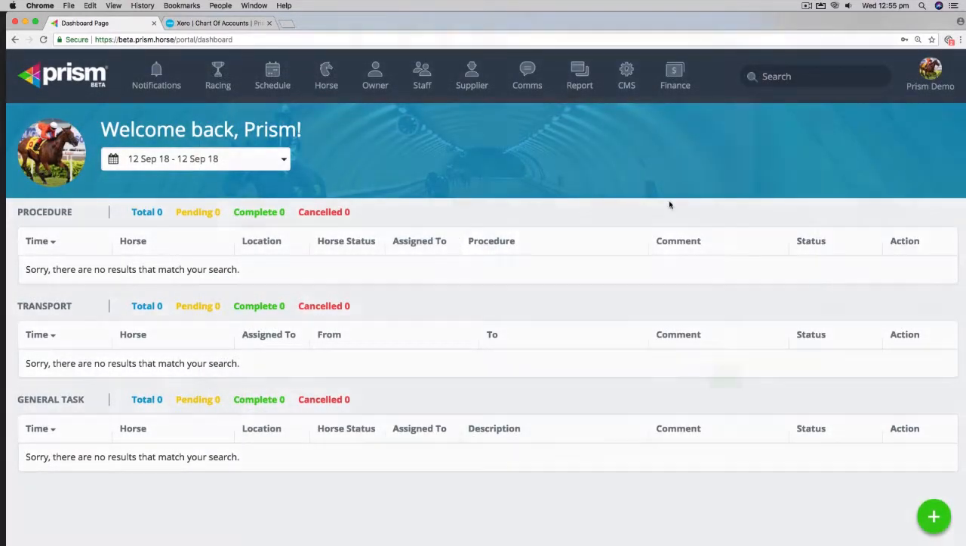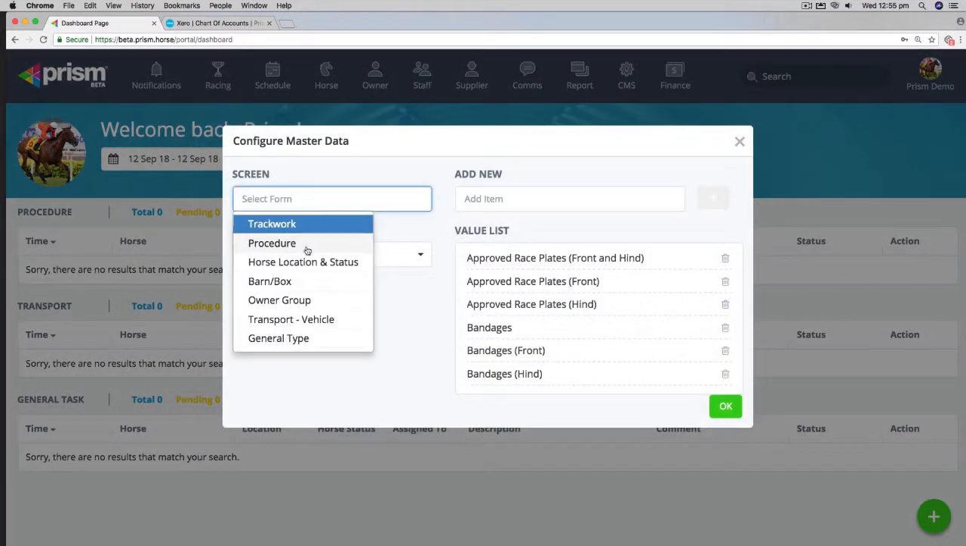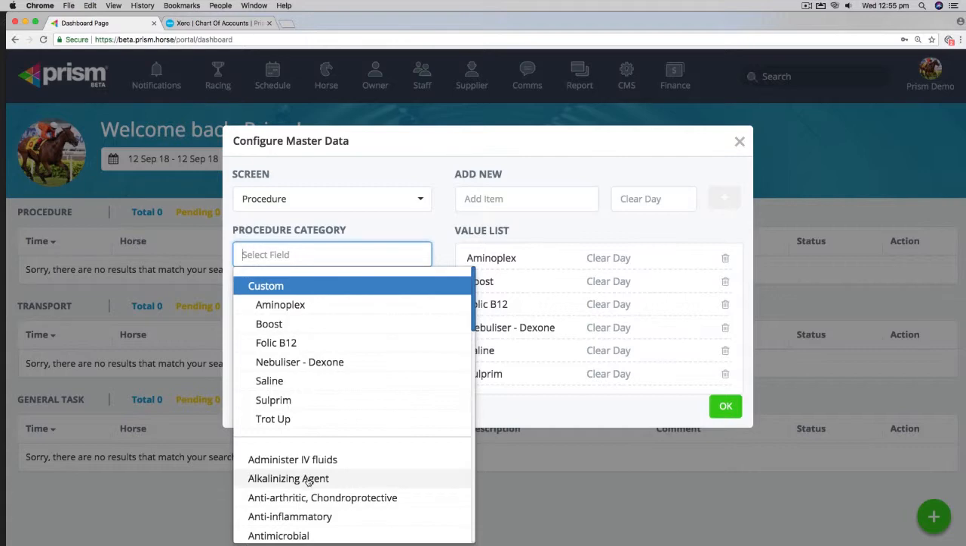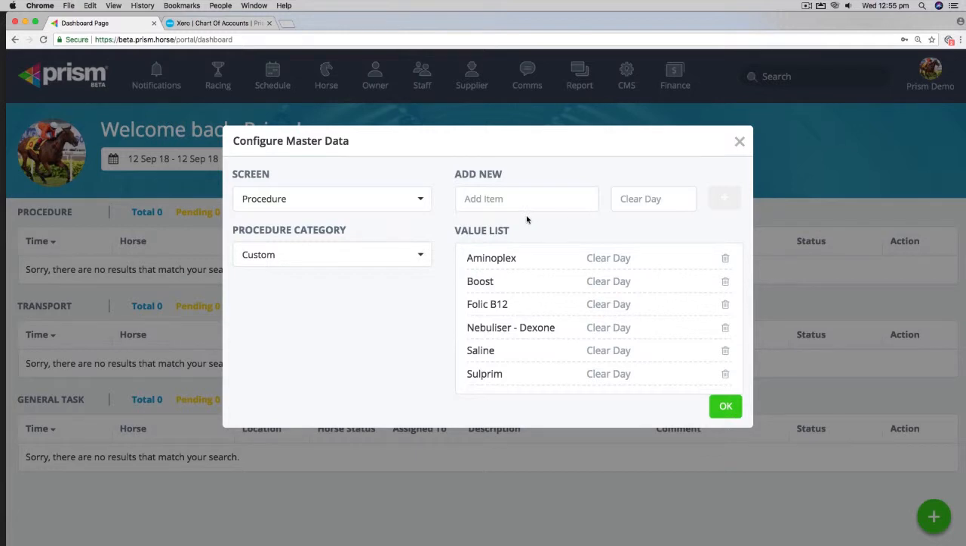The other one here in the master config is around procedures. So you can set your own procedures. We also have a whole heap of different categories in here pre-filled. But for example, the other thing too is that you can add clear days to that. So the system will tell you if you're giving a treatment that may be in violation of the clear day rules. To do that, you just click again add new, type in what you want,